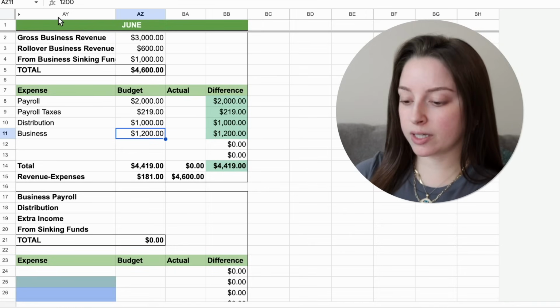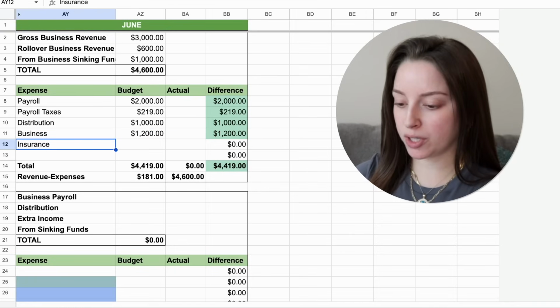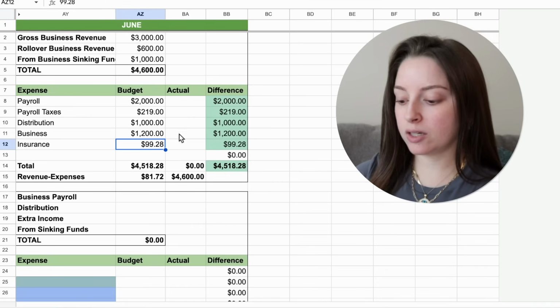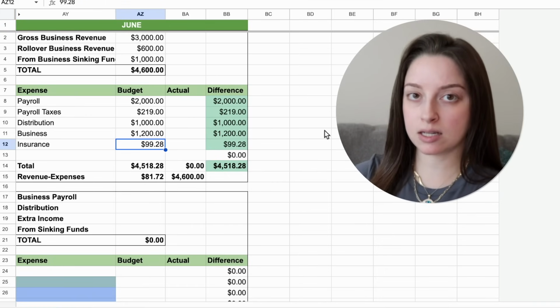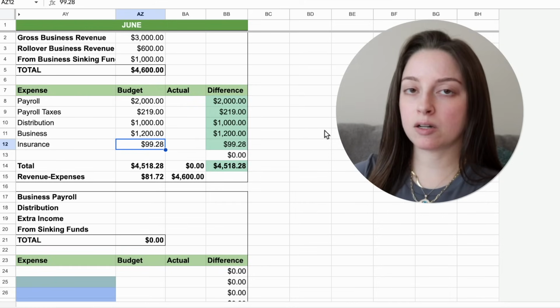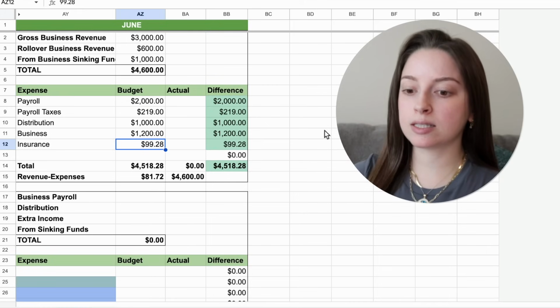And then the final thing is insurance, which I'm now paying for myself, of course. That is going to be $99.28, and this covers health insurance as well as dental insurance. I am going to make a full video on this. Hopefully it will be in June. At the latest, it will probably be July, because what I want to wait for is to see how it